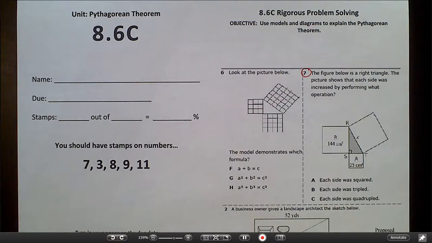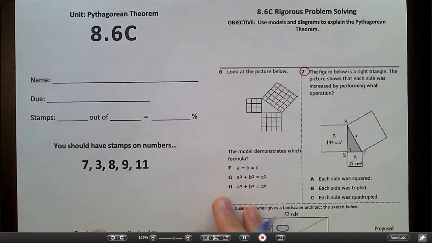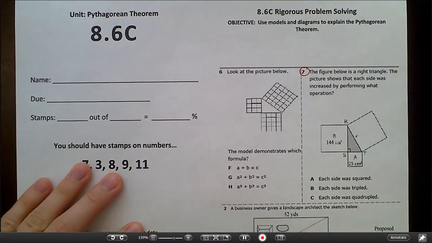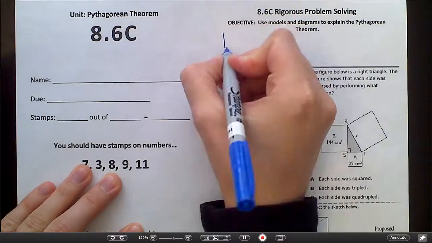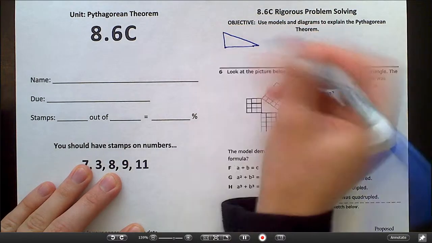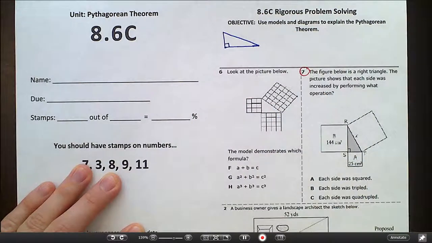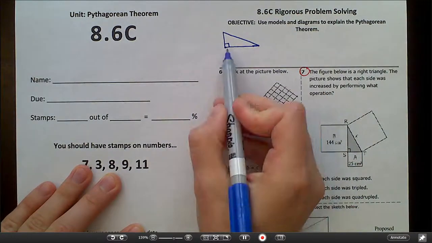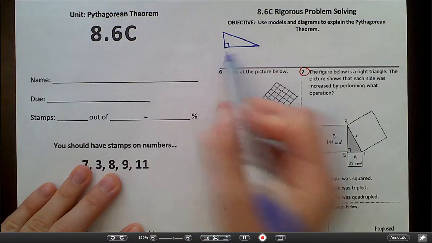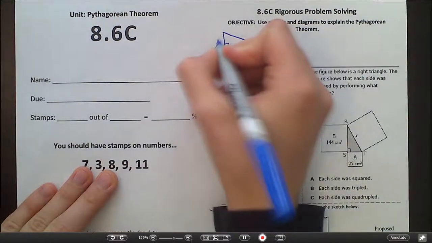Now, what is the Pythagorean theorem? The Pythagorean theorem is named after a guy named Pythagoras, and he came up with this idea that in a right triangle, any right triangle, there's a relationship between the lengths of the sides. Now this only applies to right triangles, the ones that have a 90-degree angle. And the relationship between the sides, if I call this